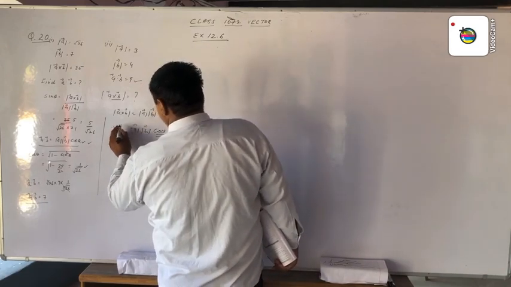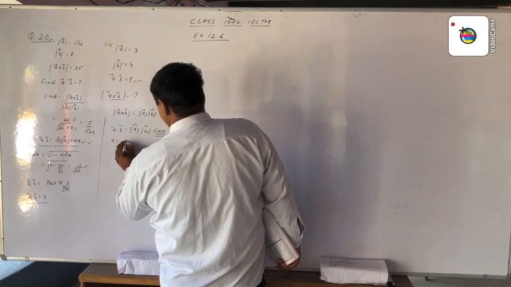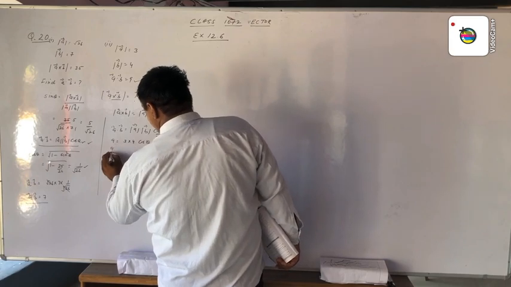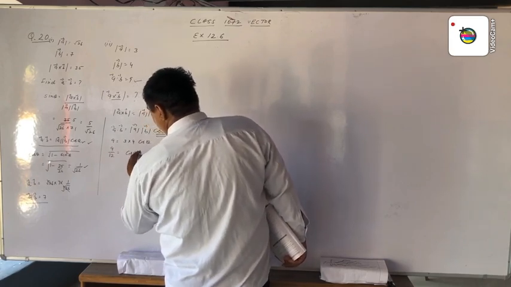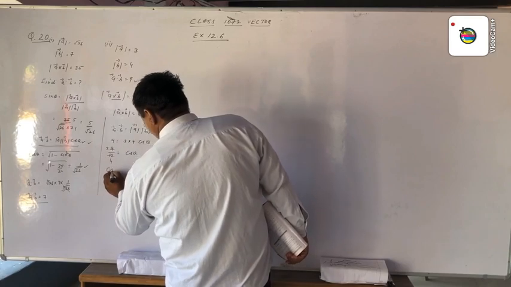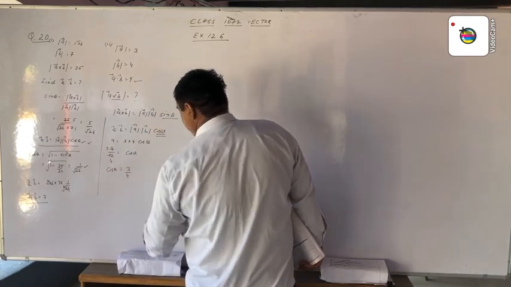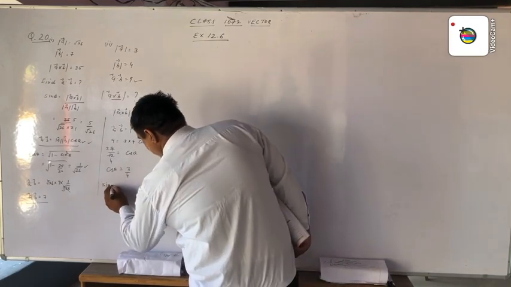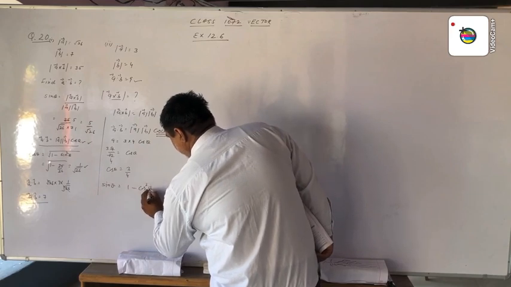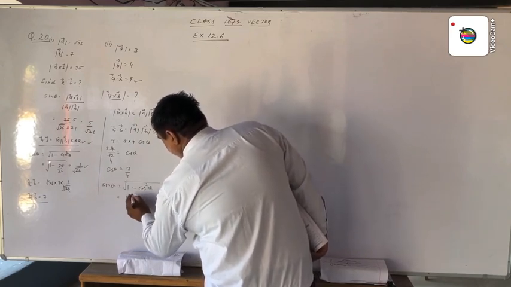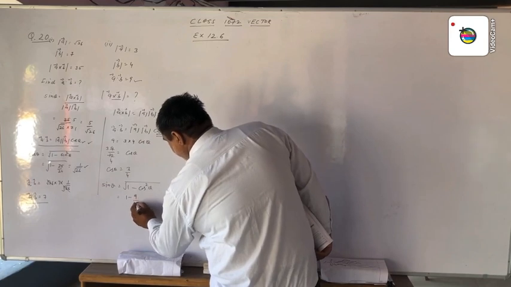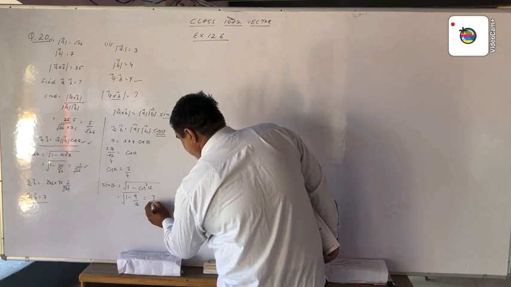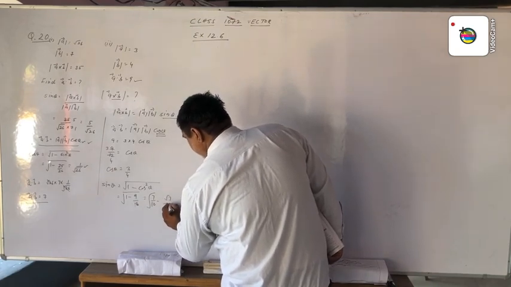So here A dot B is 9, equal to the magnitude of A, 3, multiplied by the magnitude of B, 4, into cos theta. Now we take 9 by 12 is equal to cos theta, and this 3 upon 4 is equal to cos theta. This is the value of cos theta. Now we convert this value into sin theta. We remember the formula sin theta is equal to the square root of 1 minus cos square theta. Now 1 minus 3 upon 4 squared, 9 by 16, under the square root. We take the LCM and then solve this. We get the square root of 7 upon 16. It means root 7 by 4.